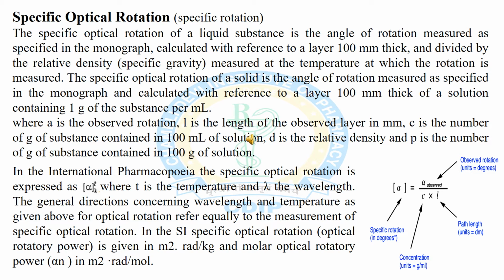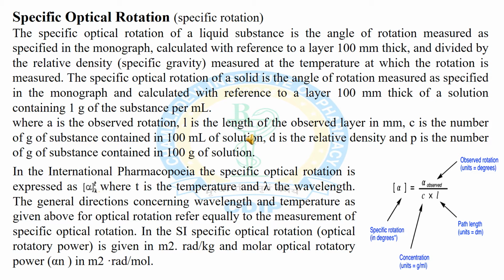Next is the specific optical rotation or specific rotation. The specific optical rotation of a liquid substance is the angle of rotation measured as specified in the monograph, calculated with reference to a 100 mm layer thickness and divided by its relative density at a particular temperature,